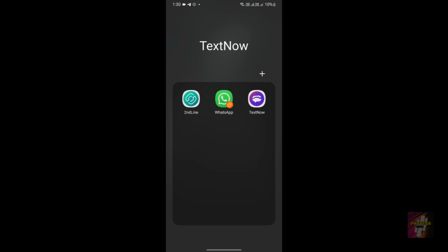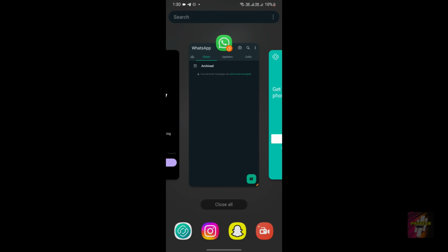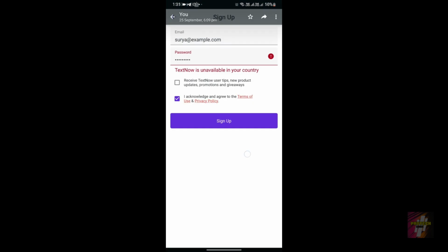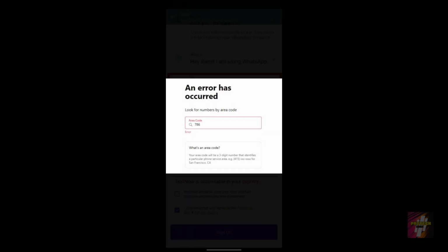Okay, so according to me, my review about TextNow is that, as you can see, the second line is also from TextNow. I would recommend you guys not to use this application. The reason is that there are mainly 4 errors occurring right now in TextNow. I have screenshotted those errors. The first is the sign up error, which is shown like this: TextNow is unavailable in your country. The next error is the account has been disabled error. The next error is the country code error, and then the next is